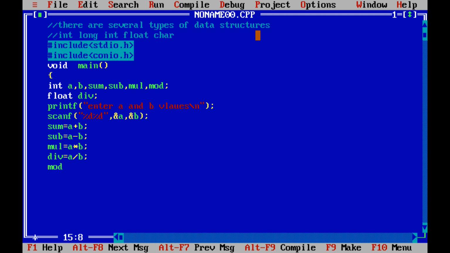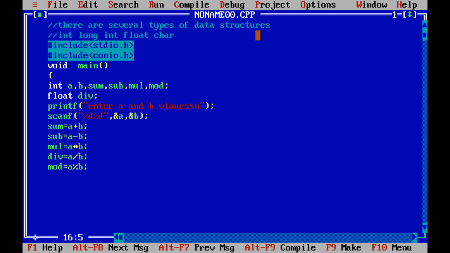Now the question would arise in your mind, what is mod? Mod will give you the remainder. For example, 5 divided by 2, the remainder will be 1, so it will give the output as 1. So I hope this is clear.